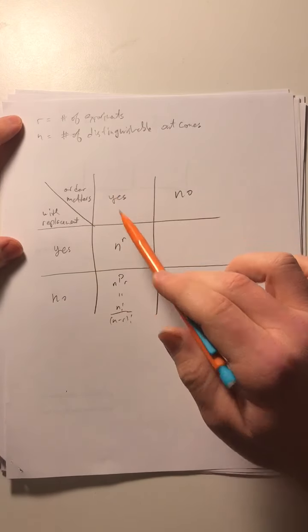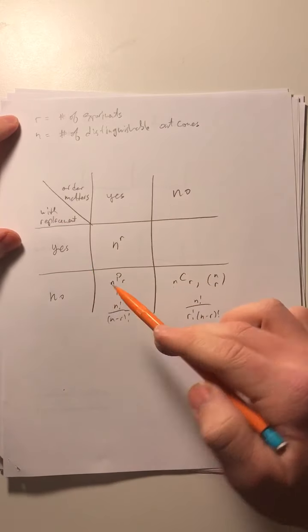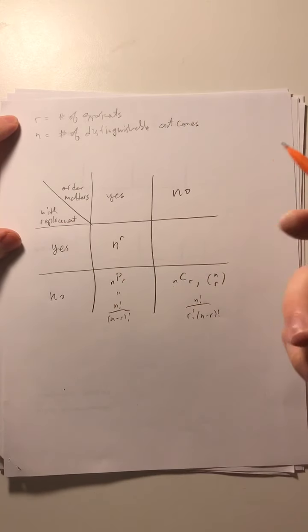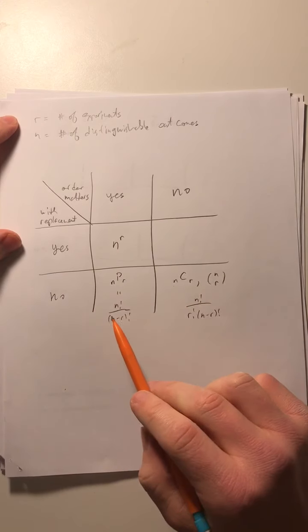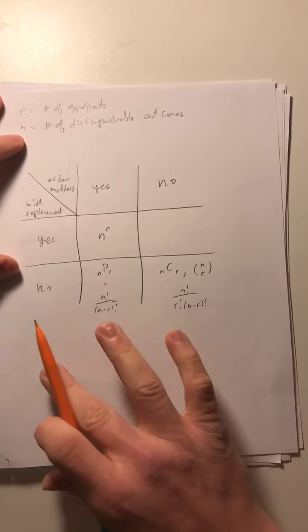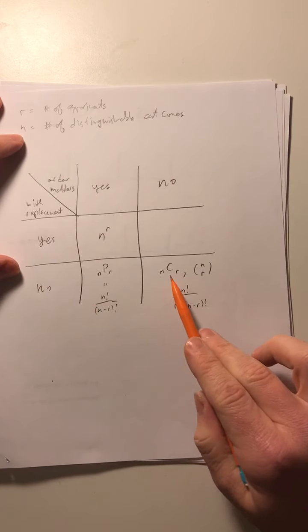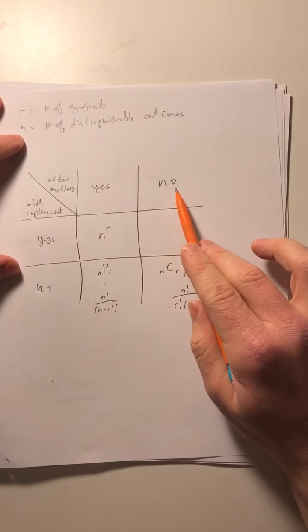I'm going to choose things. The order in which I choose them matters, and I have n choices initially. I make choices without replacement, and I'm ultimately going to make r choices. There were this many ways to do that. What if I'm choosing things like that, but the order in which I choose things doesn't matter? Then we had n choose r, which was over here, and now we're going to do order doesn't matter, and